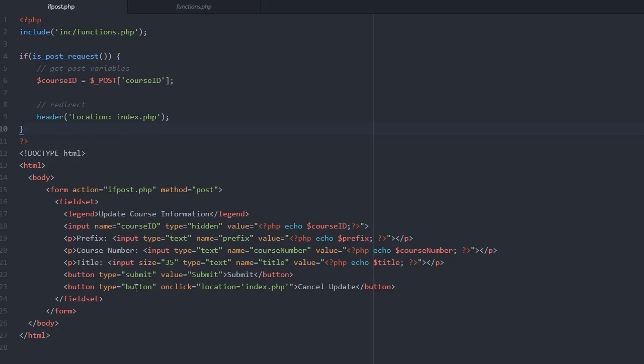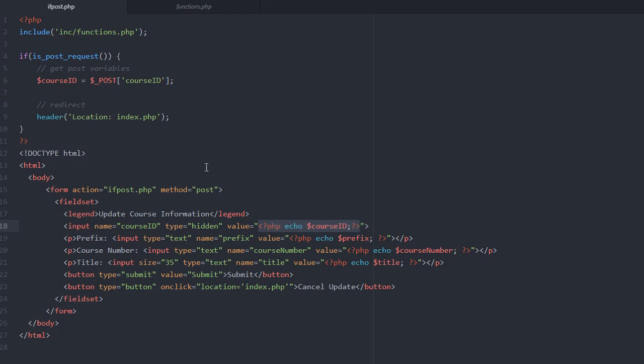The last thing I want to talk about is this hidden type here. Okay, so when you post, we want to be able to access the variables within the post request, but in order to do that with course ID, we want to make it hidden. So what that's going to do is it's going to allow us to put the value of course ID here, to hide it from the user so they can't change it, but to allow us to use it within the post request. Okay, so it's called hidden value, and this is how you put the double quotes here, and this is how you would echo out the value of course ID. Okay, that's how you would echo that out